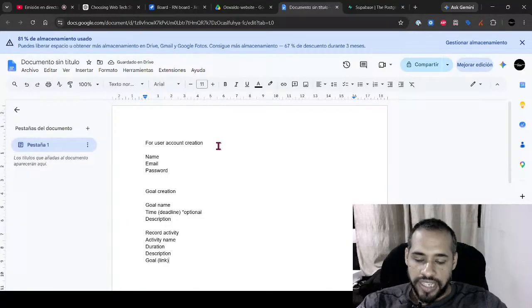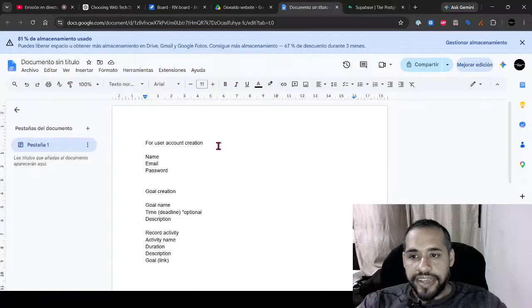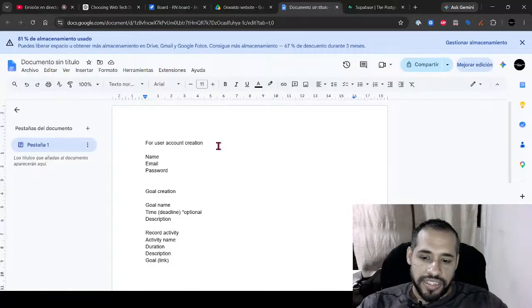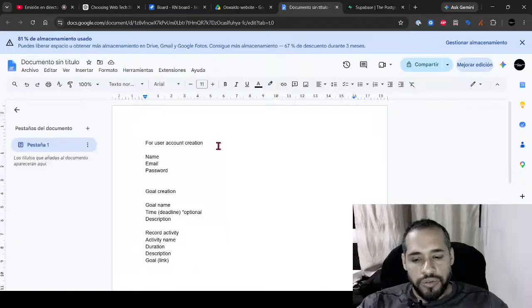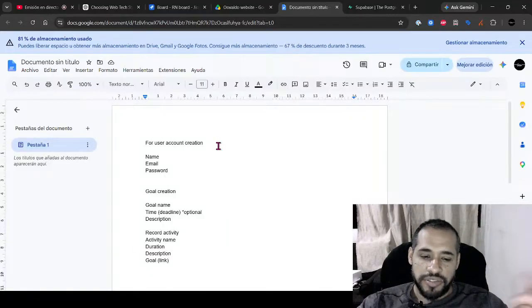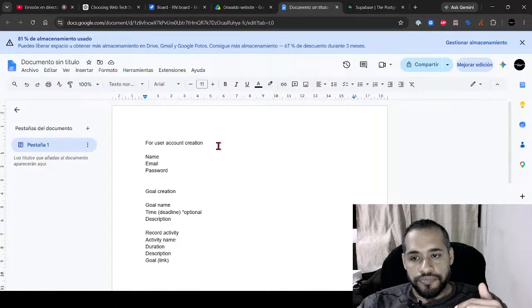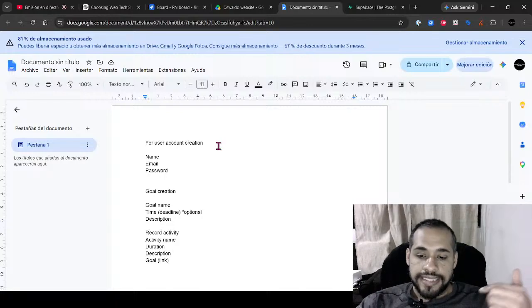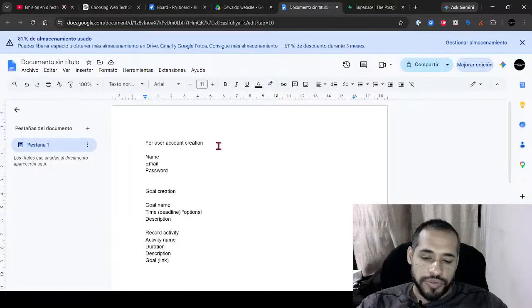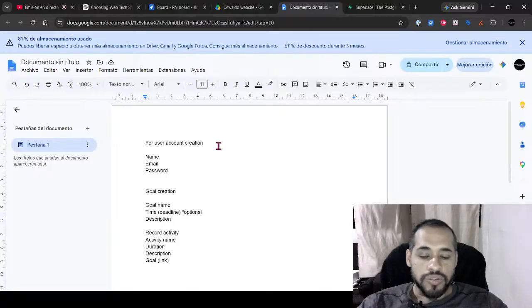What I'm trying to say with goal link is that it should be linked to a goal. As you can have different goals and record different activities, you have to be able to say if the activity belongs to a specific goal.